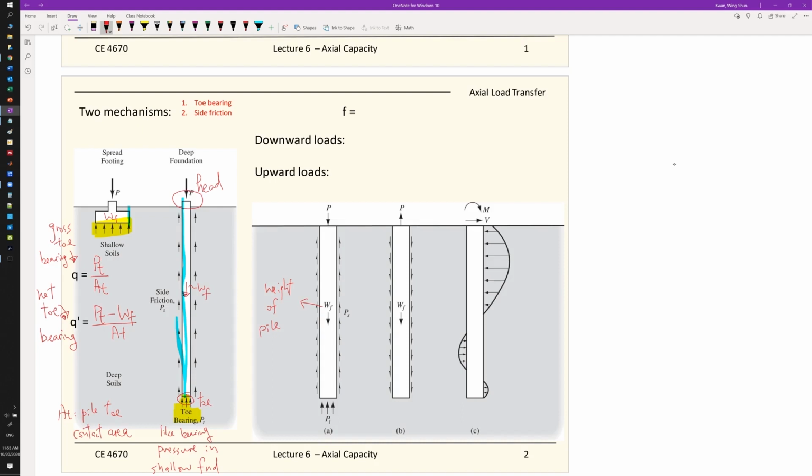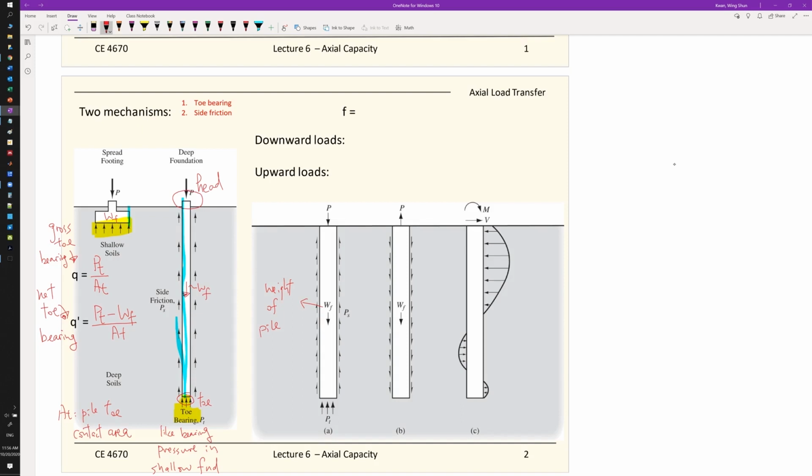And there will be a case that you have a moment acting on your piles, but the moment part we won't have time for, or it will be too complicated for this class. The moment on the piles, we talk more about in the graduate level foundation design class. But for the friction, we do need to be aware of the direction of the loading. Is that compression or tension on the piles? In most cases, we have compression, but in some cases, if you have wind loading acting on your offshore platforms, then your